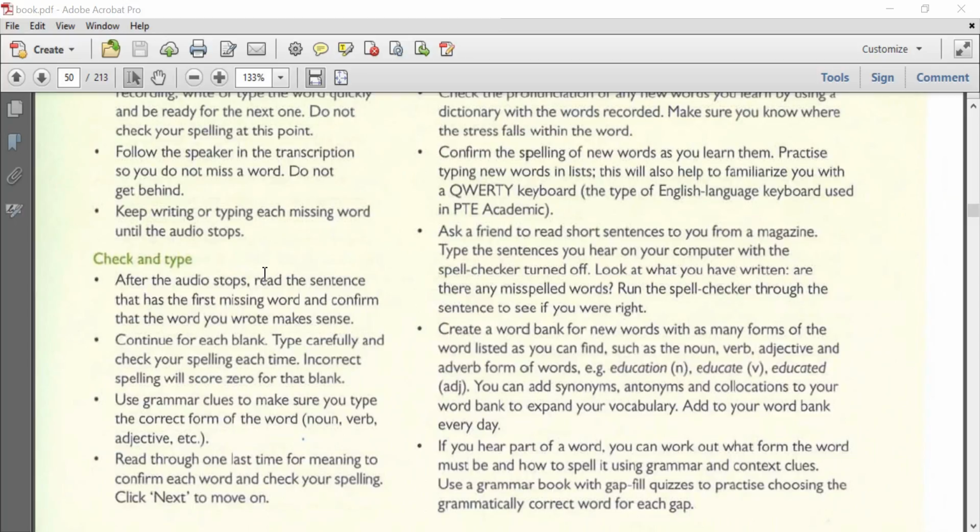បាទ check and type after the audio stop. Read the sentence that has the first missing word and confirm the word that you wrote makes sense. បាទគឺយើង check មើលហើយ continue for each blank. Type carefully and check your answer each time. Incorrect spelling will score 0 for that blank. បាទអញ្ចឹងយើងត្រូវ check ឲ្យច្បាស់។ Use grammar clues to make sure you type the correct form of word: noun, verb, adjective, etc. Read through one last time for meaning to confirm each word and check your spelling, and then click next to move on